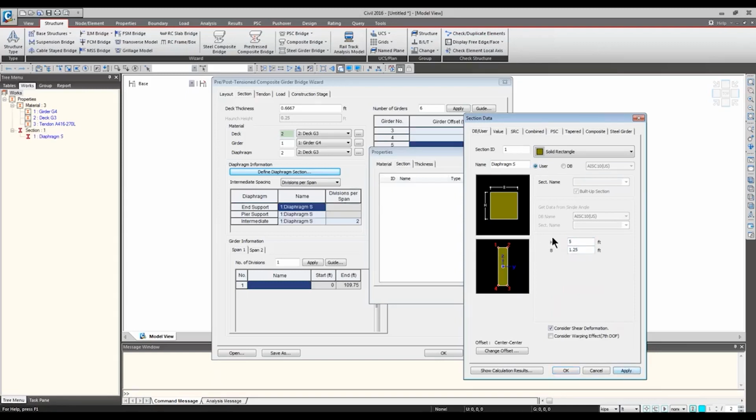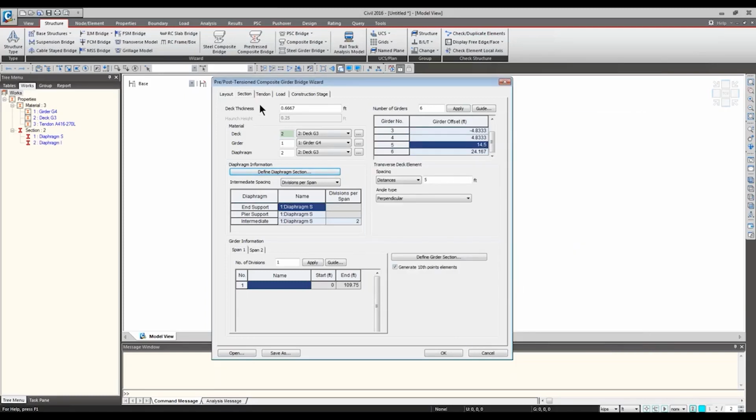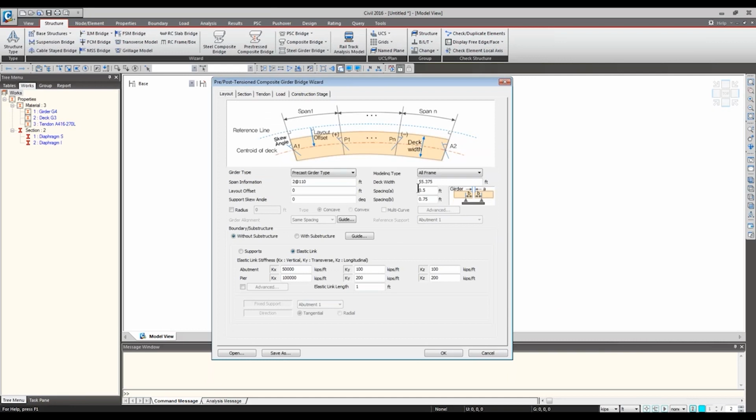And my girder to girder diaphragm, I don't know if you noticed, but the girder to girder distance that I left was about 5 feet. Let me actually get back to this portion, but remember that I defined the diaphragm of 5 feet thickness. And when I come back to the layout, I actually forgot to mention this portion, but you can specify the spacing between the girder ends and the support ends.